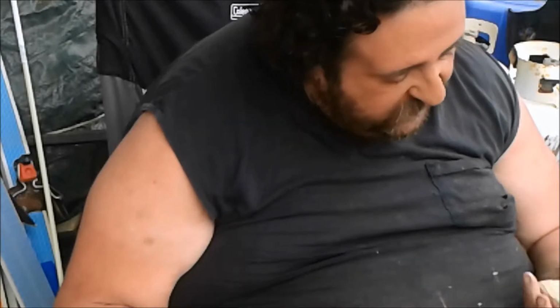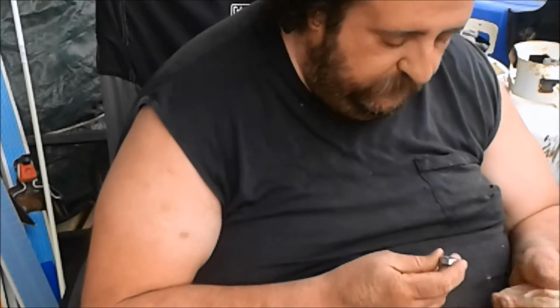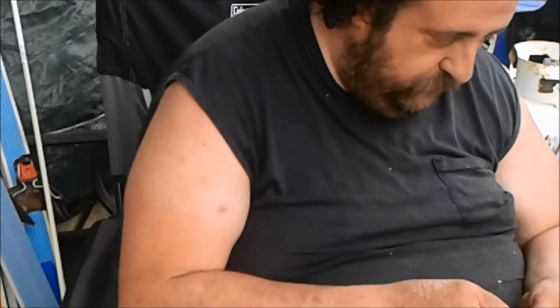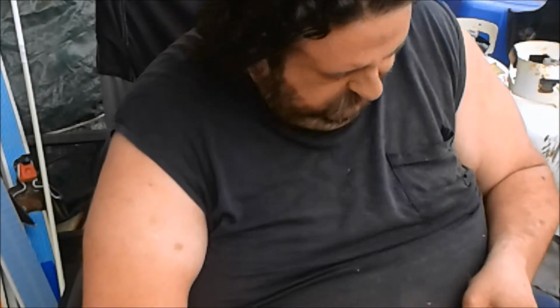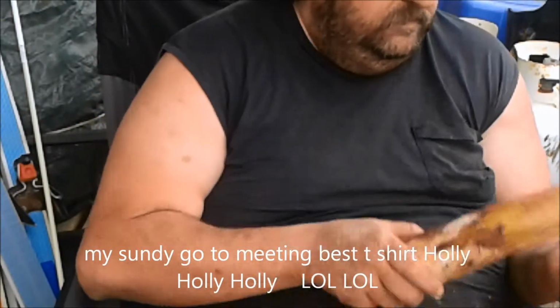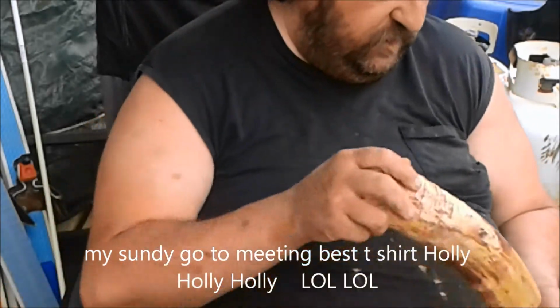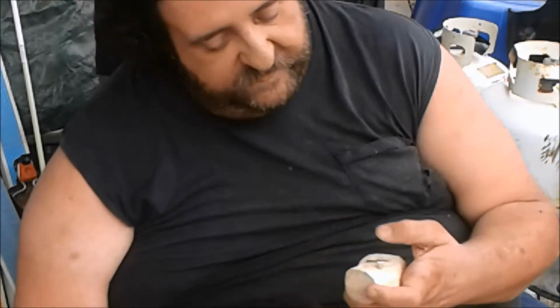Now I'm just cleaning up the inside of this with a burring tool. Let's give this a wrong one. There's the burring block. Look at that. Not quite in. Ouch. That's all it's going to hold it, ladies and gentlemen. A simple press fit. And I don't have it deep enough. God, darn it. Well,